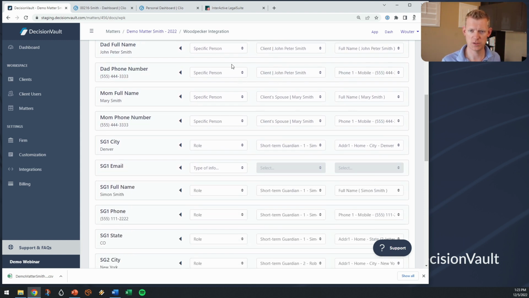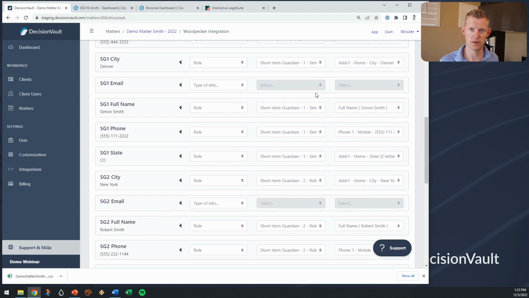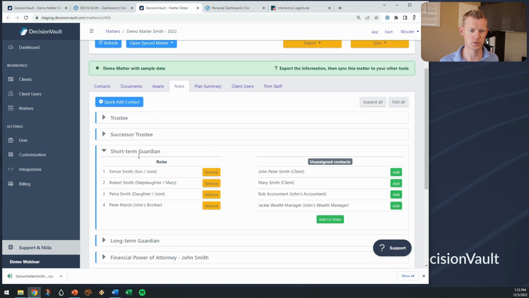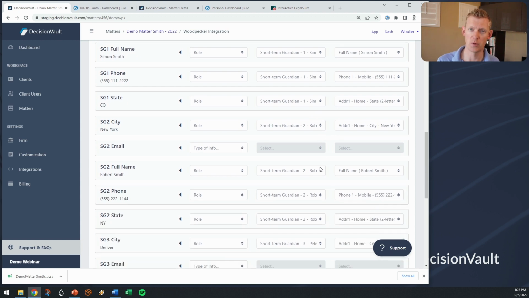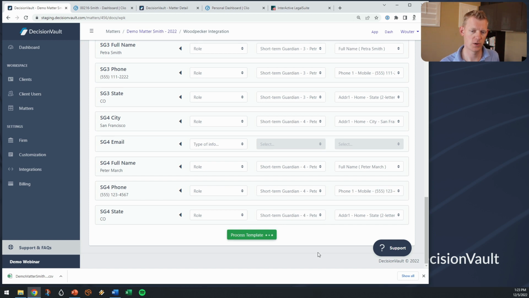It remembers that the client and the client's spouse need to get selected, so I don't have to pick those because it just pulls those out of the matter. And then also short-term guardian 1, 2, 3. Those are assigned on the matter into a role. So short-term guardian 1, 2, 3, 4 automatically get pulled here because DecisionVault will remember what choices you made. So this is pretty much already filled in. So I can now process this template and push the information into Woodpecker,